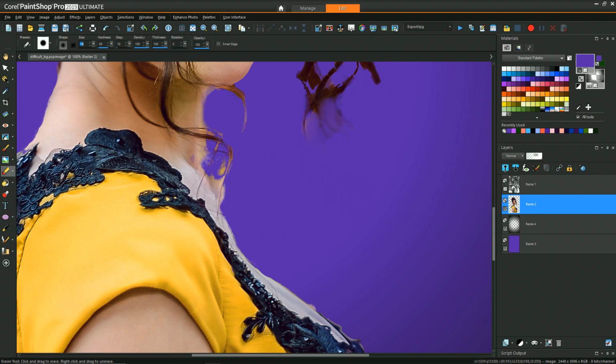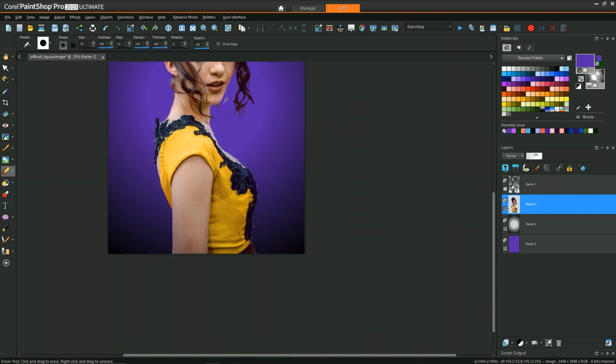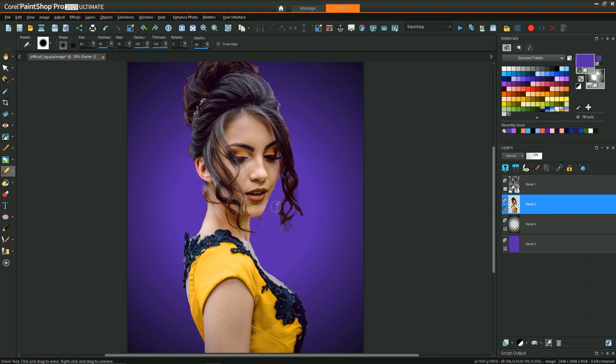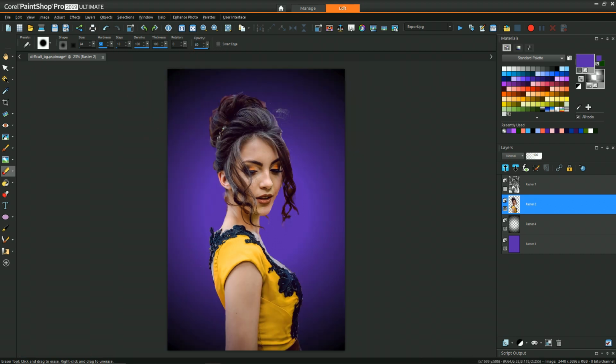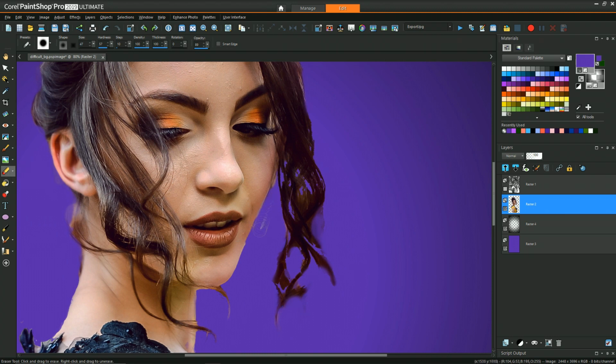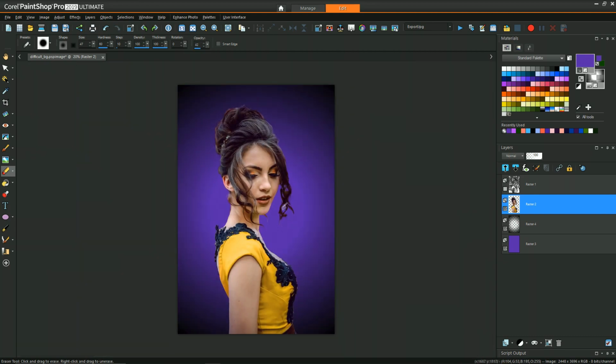I think it's also important to change your zoom as you're working here, because you want to get a sense of how this looks from afar, like the view that most people will have when they view it, but then also zoom in to get that fine detail as you're manipulating and painting out and erasing the different hair pieces. So you'll see that I zoom in and out pretty regularly.